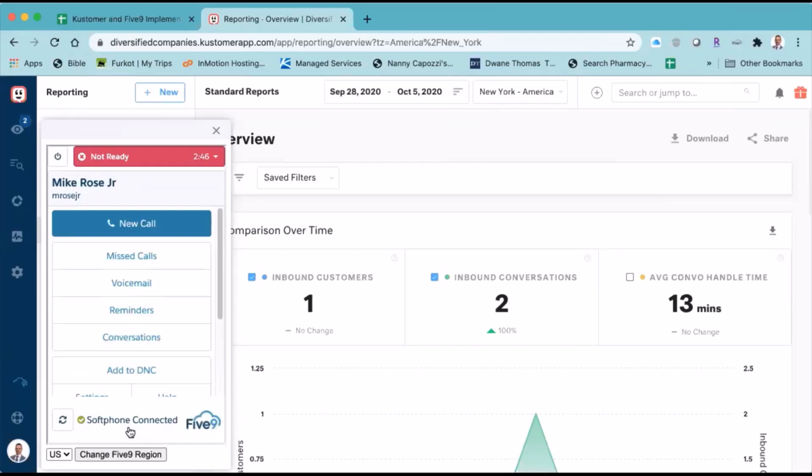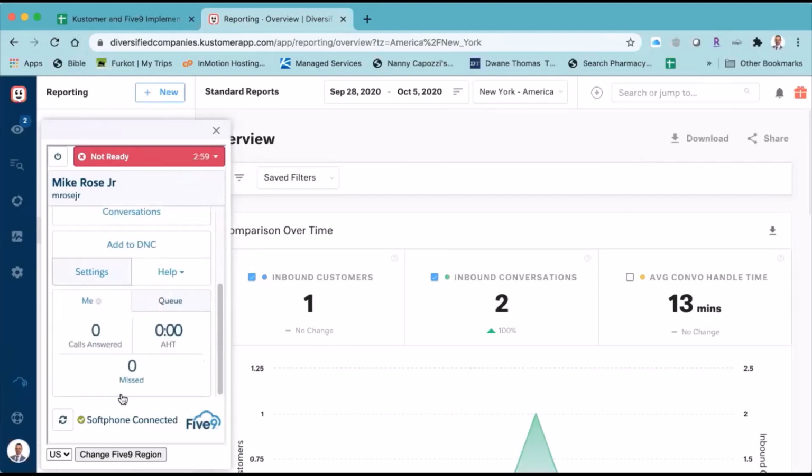Okay, so now you're in the system. You have your application that's sitting here, which is your customer application, right? And then here is your phone, your actual phone. Within your phone, you're going to be able to make all different calls. You're going to be able to make your changes. And like I said, it's going to dictate based on the call whether or not you want to use your,